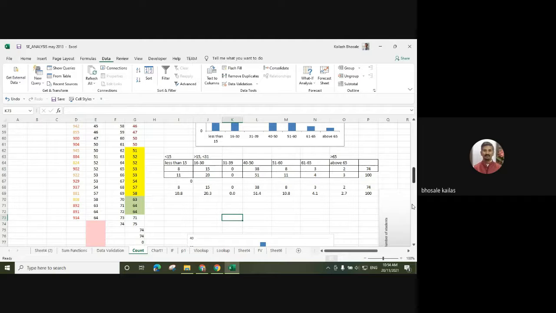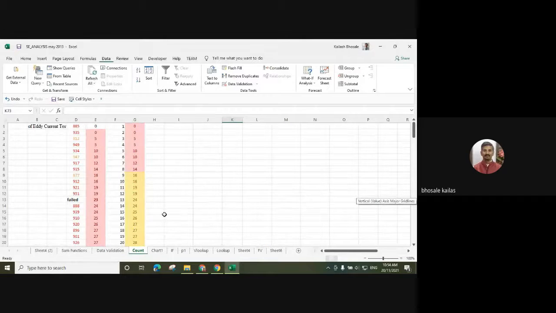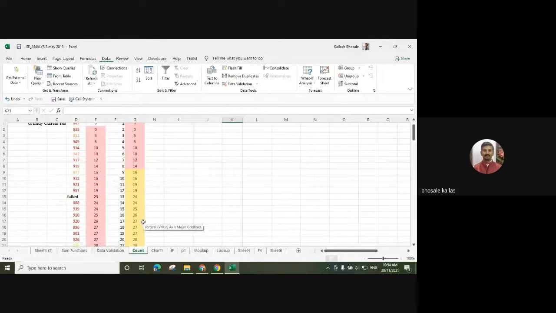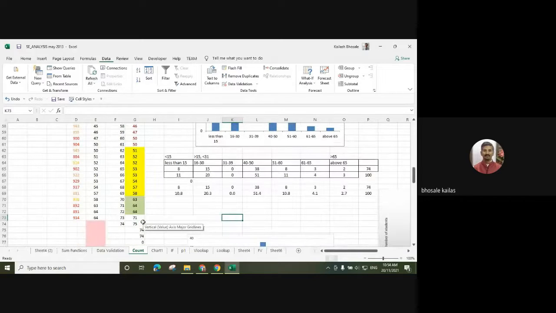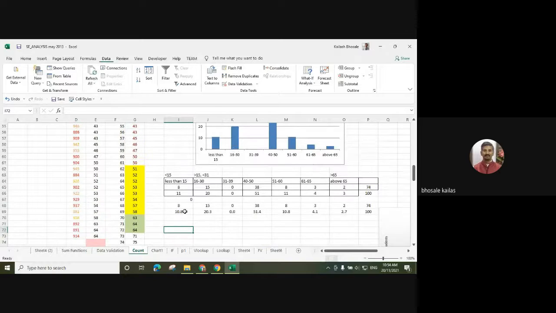Similarly, I have prepared one data here. I have taken the same data having roll numbers 885 to 914. But this data is not arranged in a proper manner.